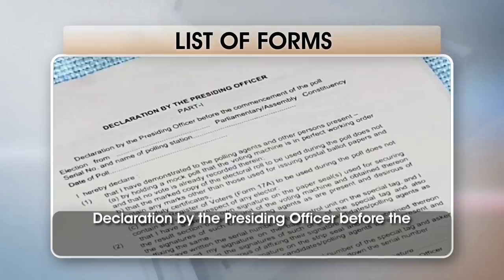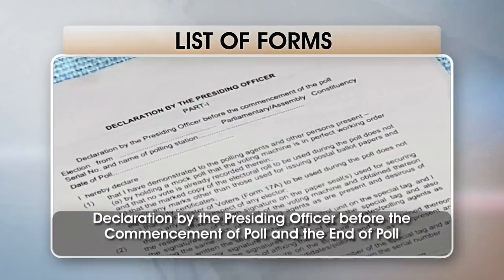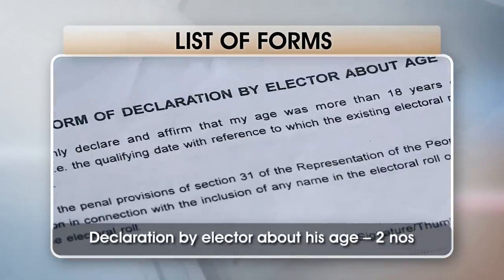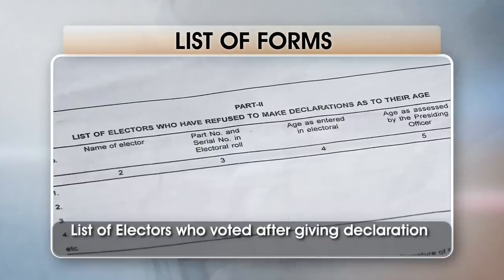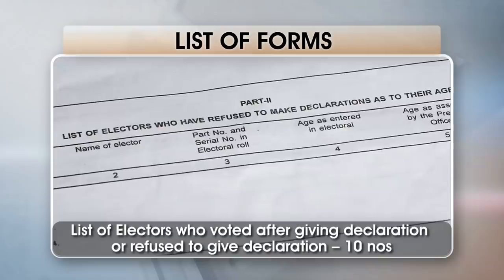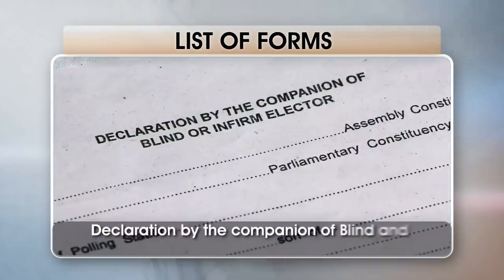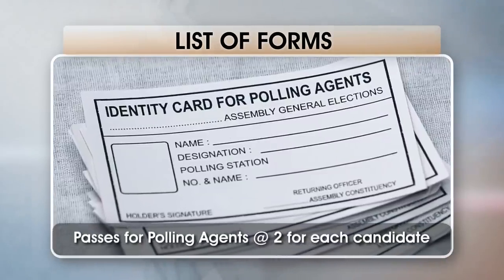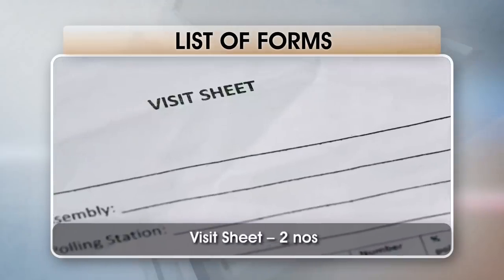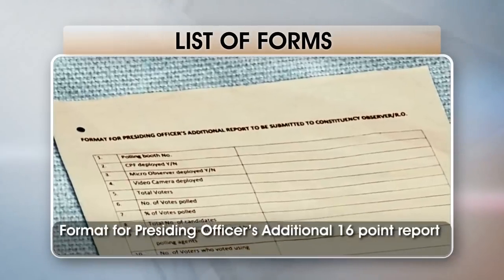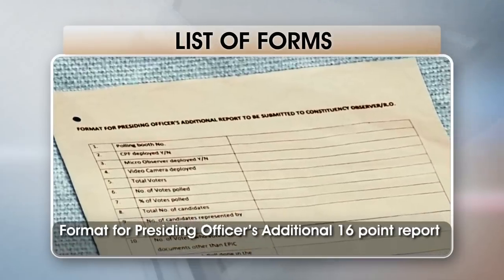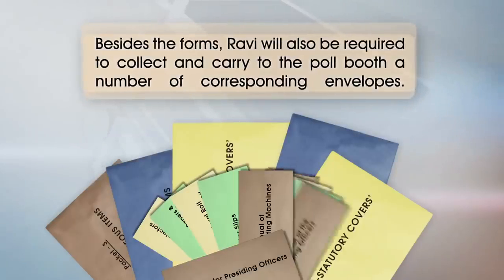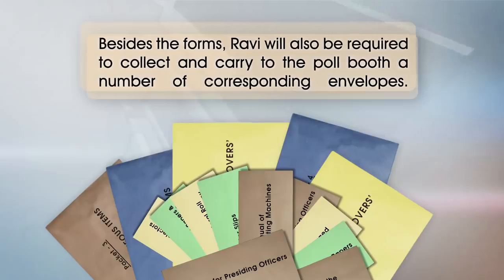Declaration by the presiding officer before the commencement of poll and the end of poll, Part 1 to 4, 2 sets. Declaration by elector about his age, 2 numbers. List of electors who voted after giving declaration or refused to give declaration, 10 numbers. Declaration by the companion of blind and infirm voters, 10 numbers. Passes for polling agents, 2 for each candidate. Visit sheet, 2 numbers. Format for presiding officer's additional 16-point report to be submitted to the constituency observer or the RO. Besides the forms, Ravi will also be required to collect and carry to the poll booth a number of